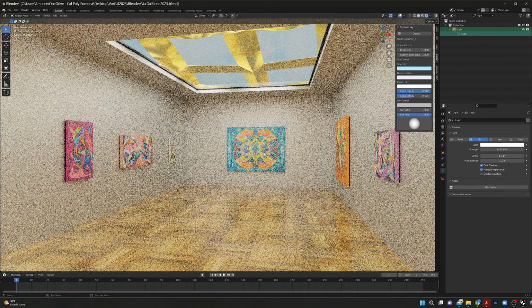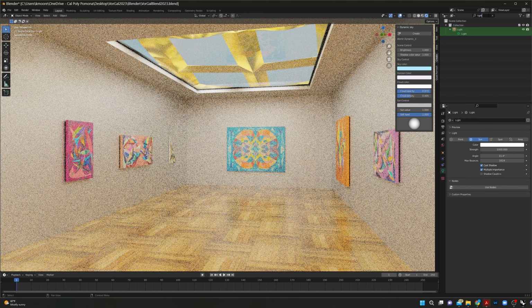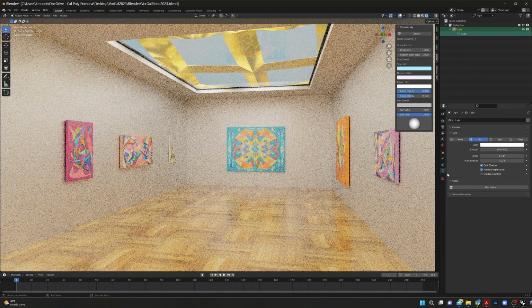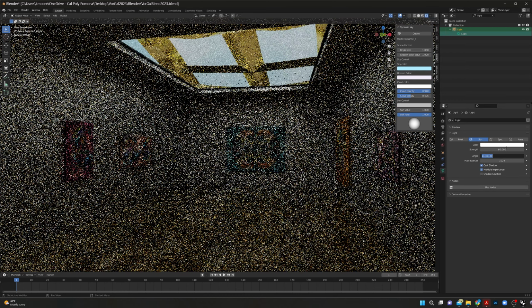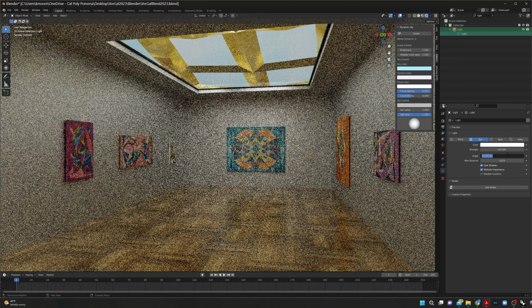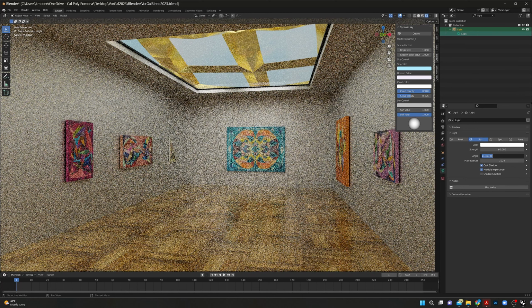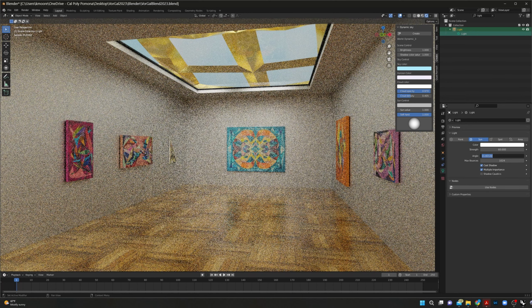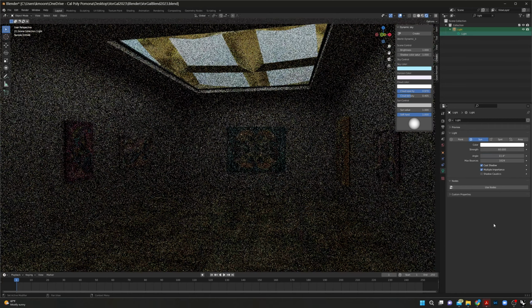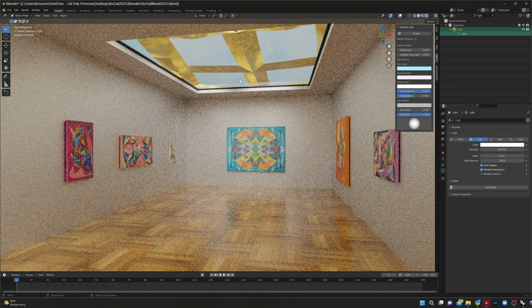I'm feeling like it's a little blown out, so I'm going to go up to the top here and search for light and find my light source here. Click on the bulb right here. And I'm going to lower the strength down, maybe to 60. Okay, it's a little bit more natural. You can create better lighting by actually adding more lights to your scene. But those of you who don't have skylights,